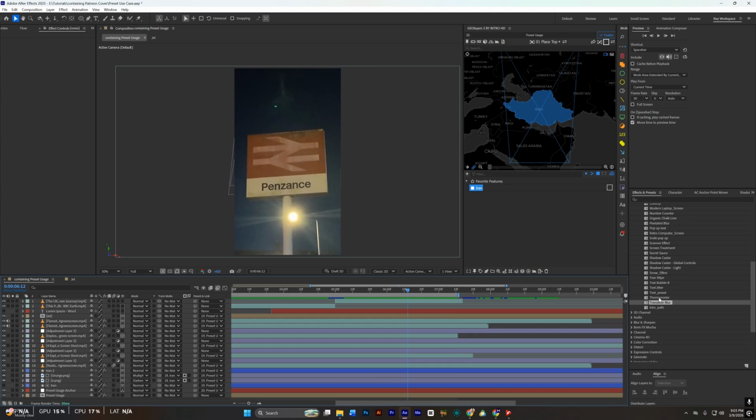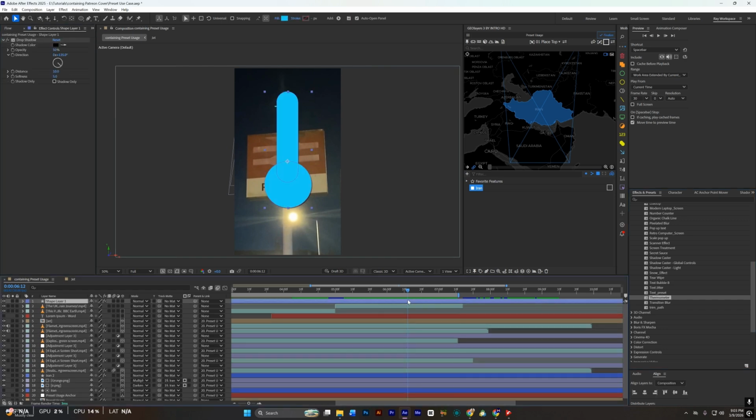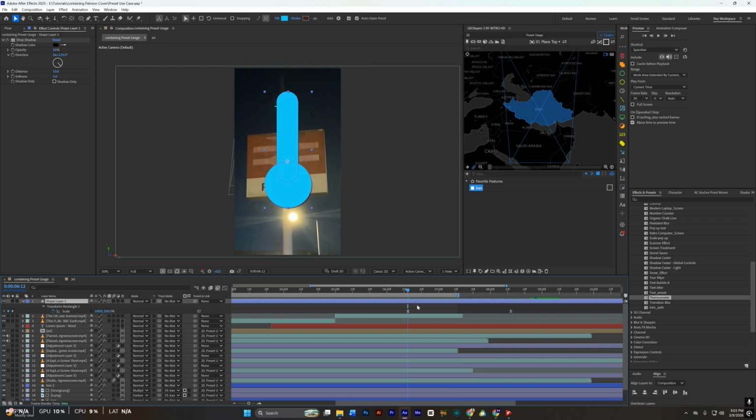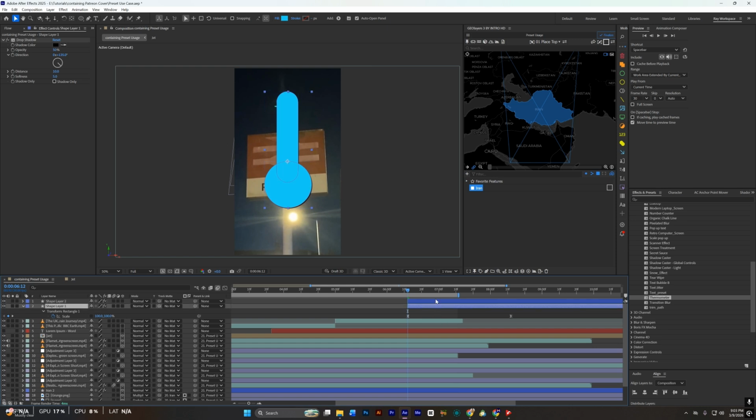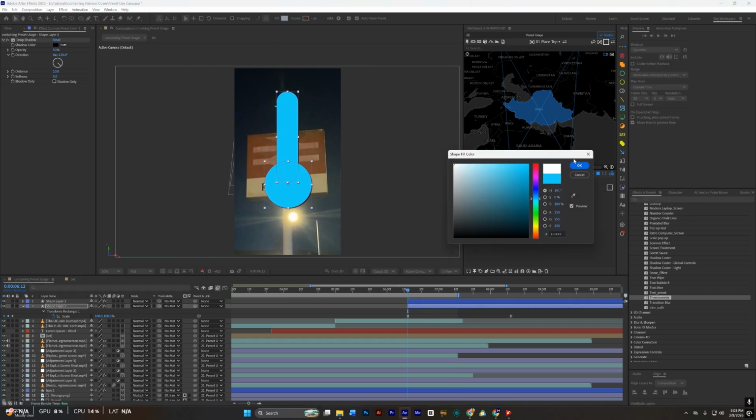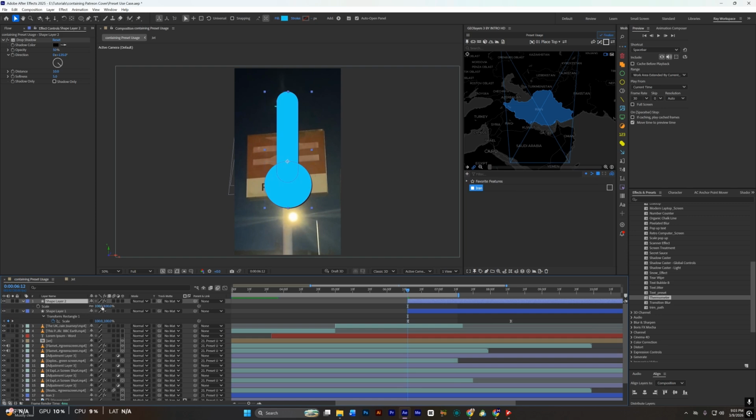Next I have this thermometer preset. This is a basic shape base of a thermometer infographic. I created this infographic in one of my tutorial videos that I uploaded on my channel. You can check that out if you want to, but this is how it goes. Double click this and it will open up a simple base of a thermometer. What you have to do is just duplicate this one and change the color of the layer below to white, increase the size of the layer above like that, bring it down